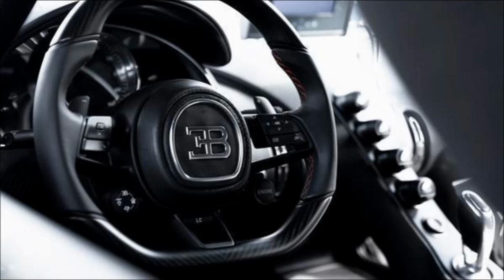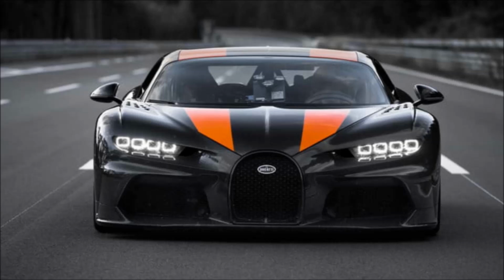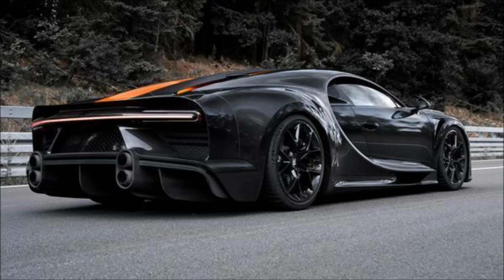But the interesting thing about this Bugatti as well, and this is something which a lot of people do not know, and that's why I want to discuss it here, is actually it's not the first car of its kind to do 300. It's not even the first road car to do 300 miles an hour, and that, I think, is important to know, and to give the real credit where it's due, not just to Bugatti, because they did do 304, which is technically the quickest, but 6 months ago, a Ford GT was the first street car to